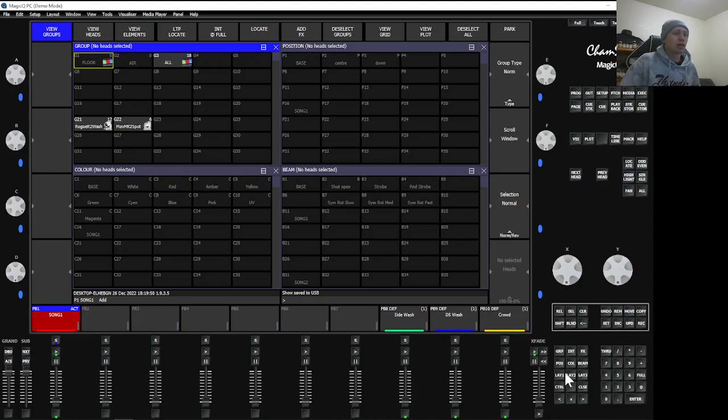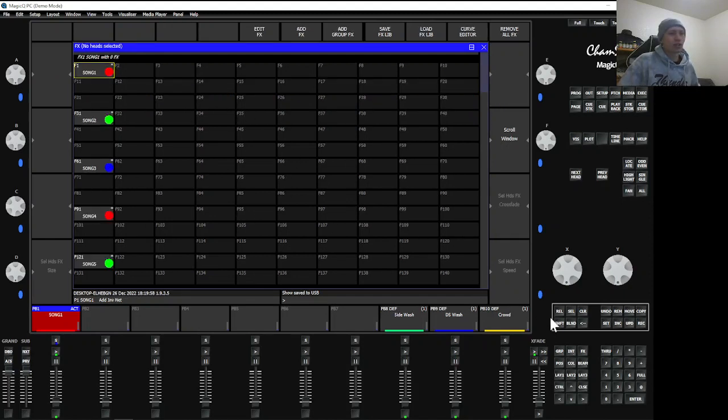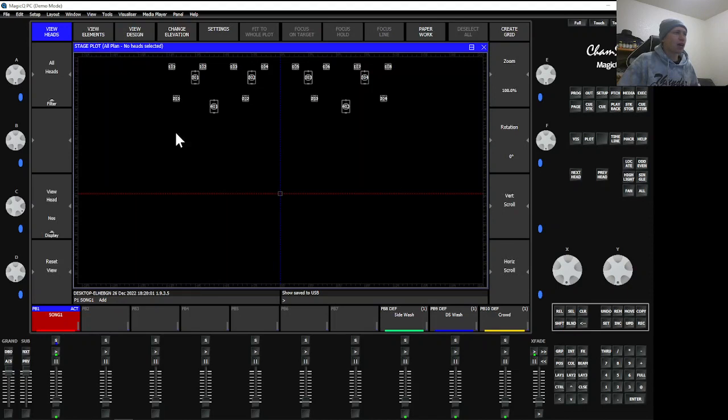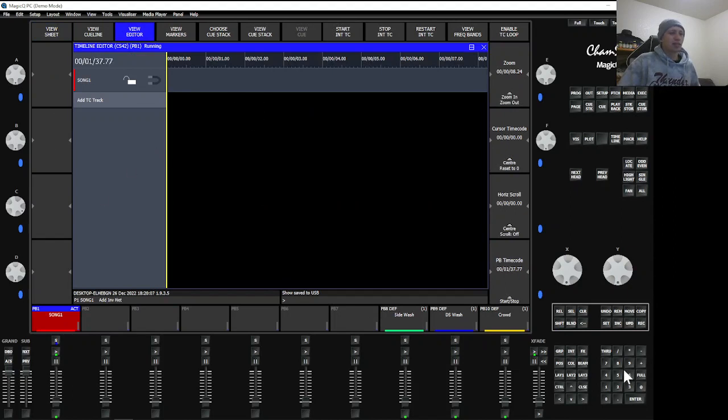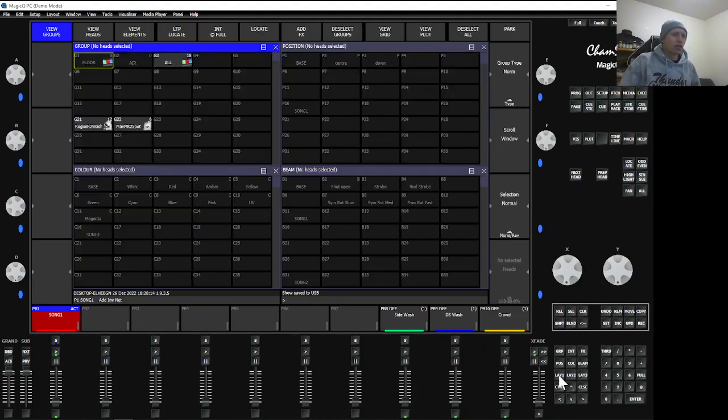So layout one, layout two, layout three is my cue storage. Layout 4 is now my effects storage. Then layout 5 is going to be my stage plot. And layout 6 is my timeline editor for if I'm doing timecode stuff. Otherwise, I just use it for nothing. So instead of worrying about those right now, I'm gonna go over and show you my setup options